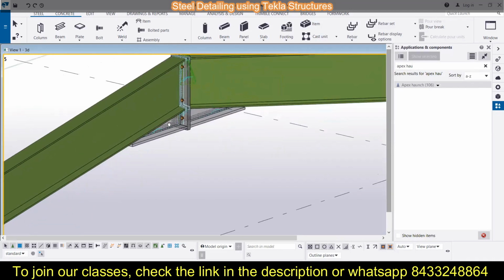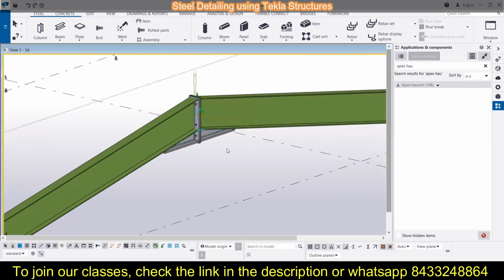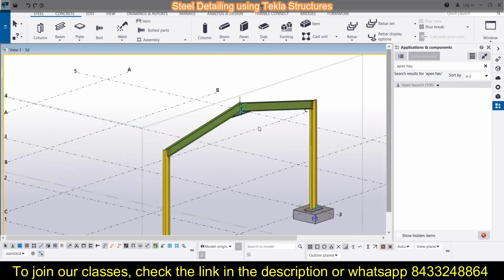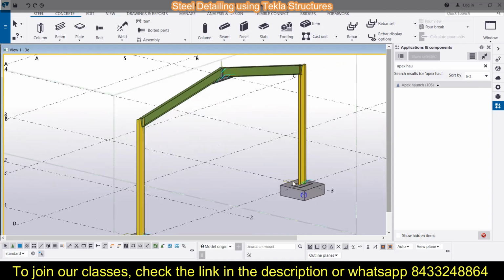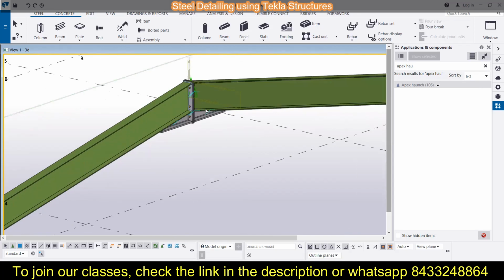Now you can see this is not the opaque view over here. So you can switch the view just by using the shortcut Shift+4. Remember guys, if you want to make anything visible or invisible in your model, in the concrete case, then you have to use Control 1, 2, 3, and 4. Those are the shortcuts. And if you are working on the connection, then Shift 1, 2, 3, 4 will meet your need, like Shift 1, Shift 2, Shift 3, and Shift 4. So like this, you can go ahead and change everything.